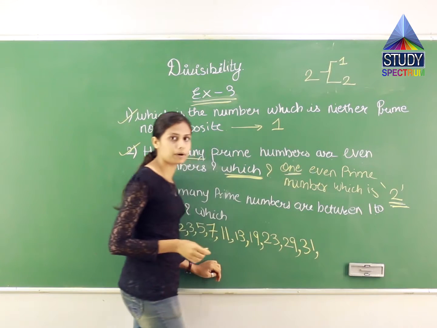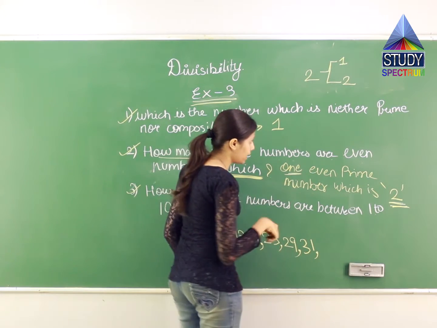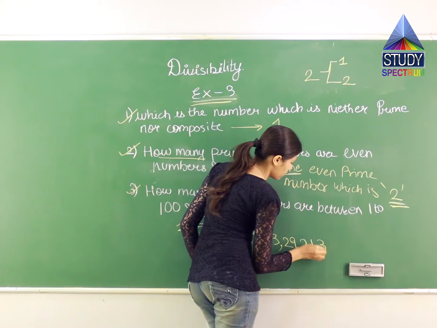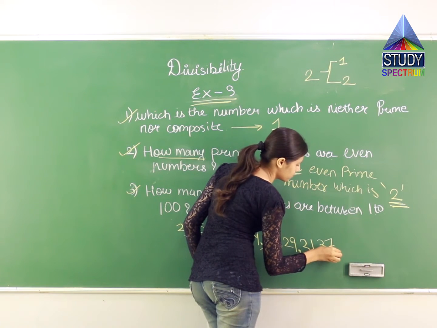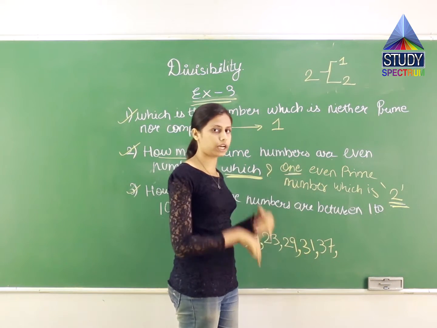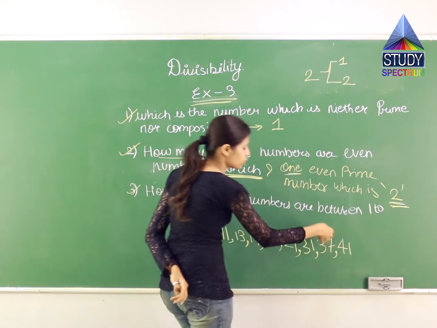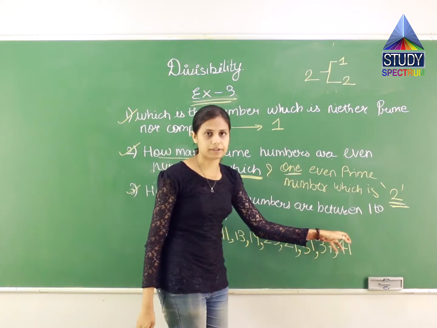Another prime number. 31 also comes in the table of 1 and 31 itself. Then 37. Same like other prime numbers. 37 भी सिर्फ 1 and खुद के table, that is 37 के table में आता है. Then 41.